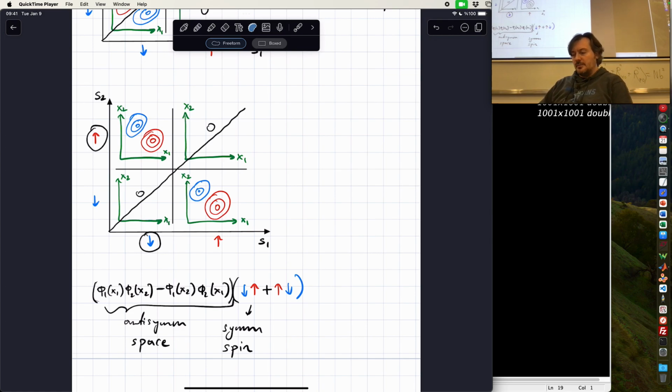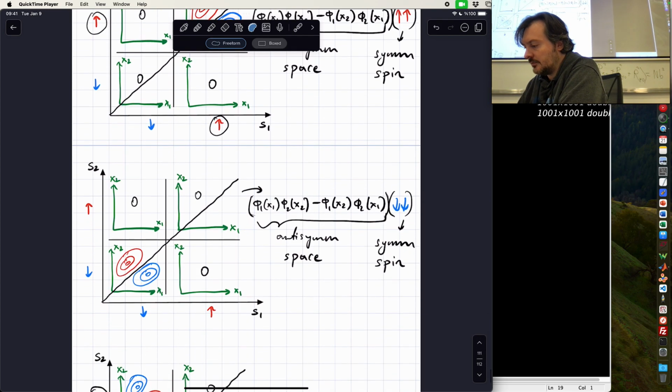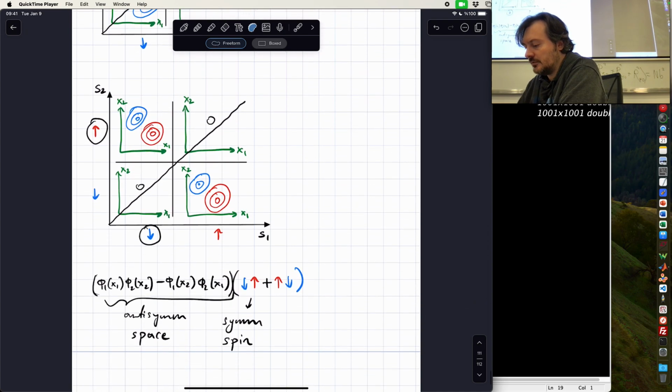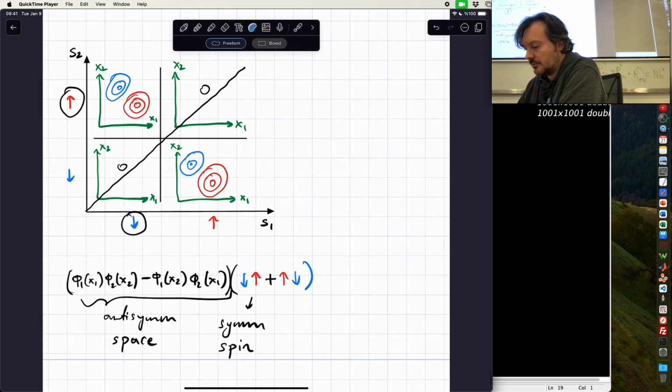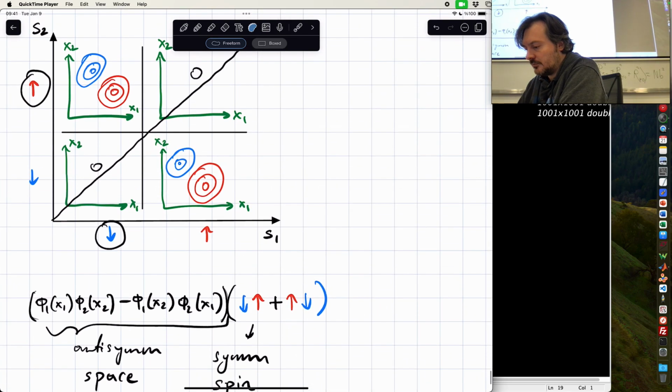No, it doesn't, because let's forget about space. Just do spin. Only spin. Isn't it symmetric? It's plus, it's not minus. No, not at that one. Ah, the first one. No, the last one. Yeah, in that shape, in the up-down plot, the right bottom one. If you change the red and the blue,